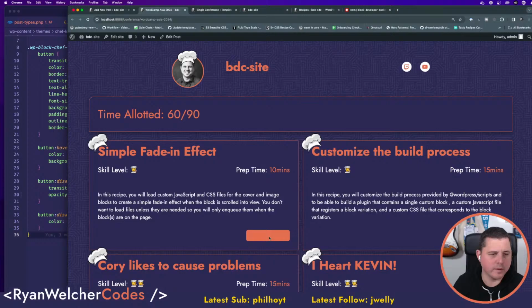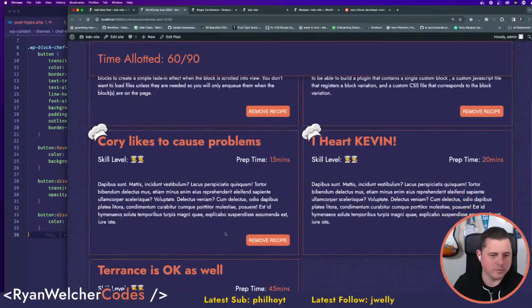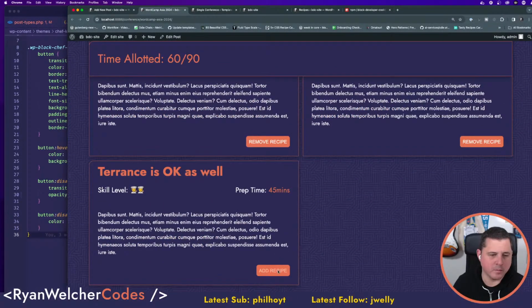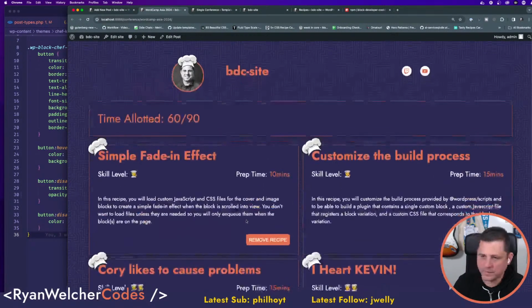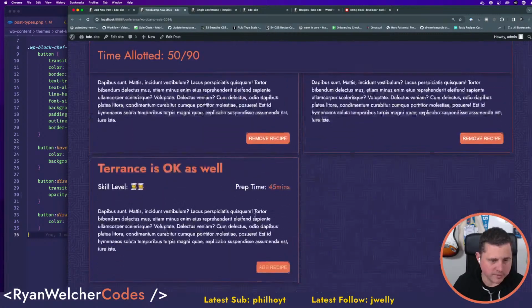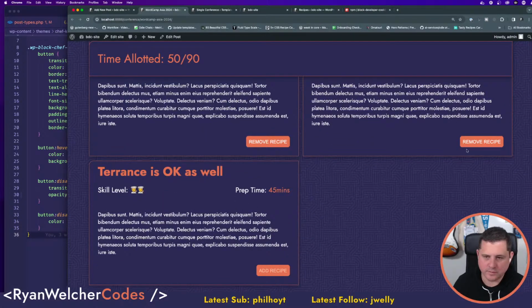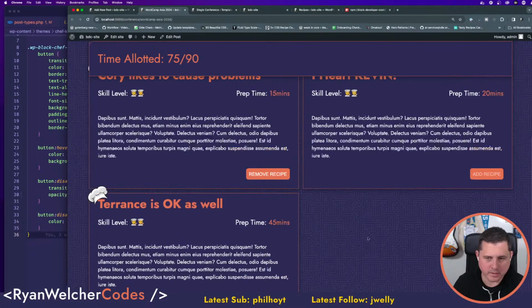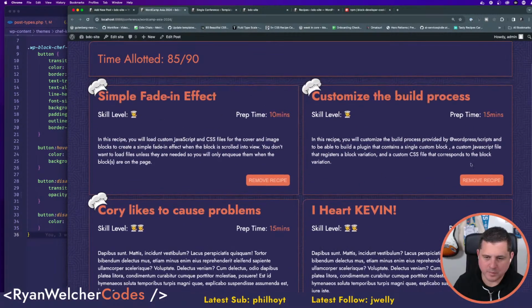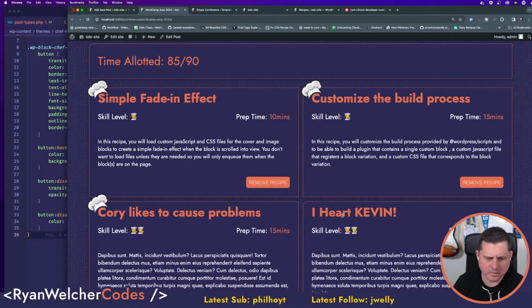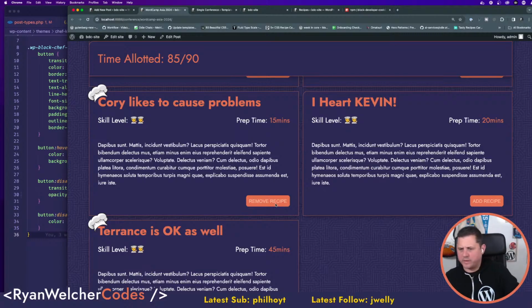Click remove, that's better. Okay, so I want to be able to remove the recipe, but not add more recipes if I'm going to go over time. So this is going to be more time than what's available, so that's what this is great at. But I also want to be able to remove things that can add it. So if I remove that one, I should be able to add this one back in, but I can't add this one now. Oh, and I can add this one, but I can't. Oh, see? All right, some logic in there. I got to fix that.